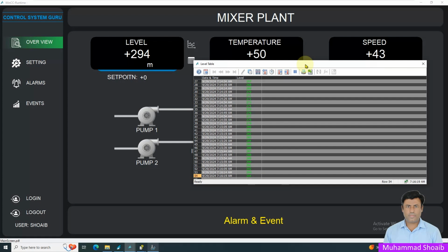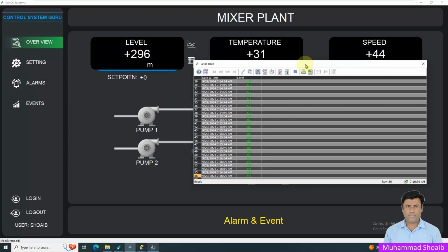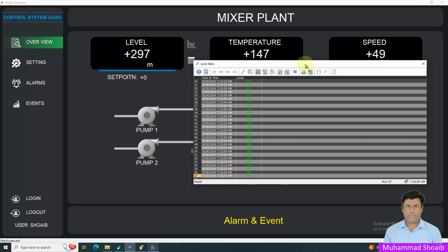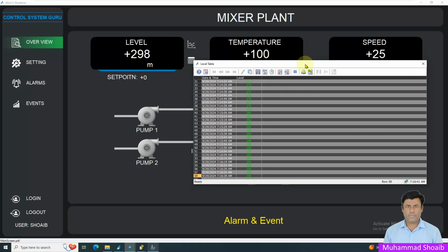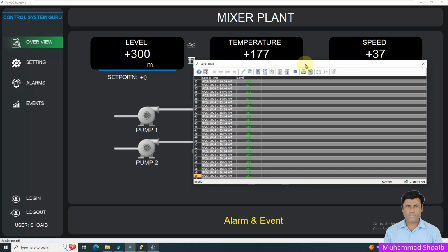For example, you might want to archive data only when the temperature exceeds a critical threshold value like 80 degrees centigrade. So if the temperature exceeds 80 degrees centigrade, only in that case you want to historize some particular tags' data inside the database,